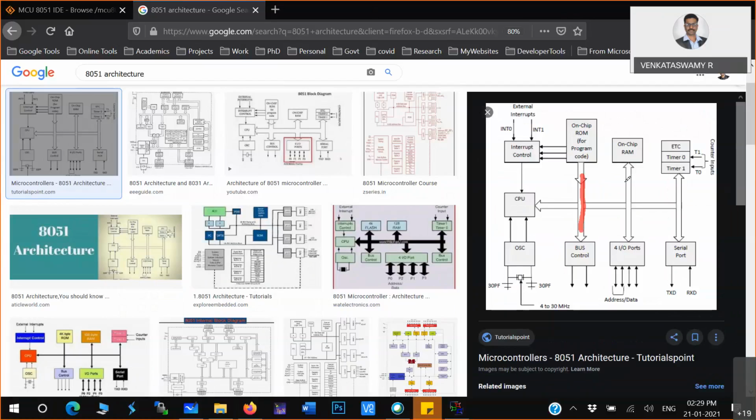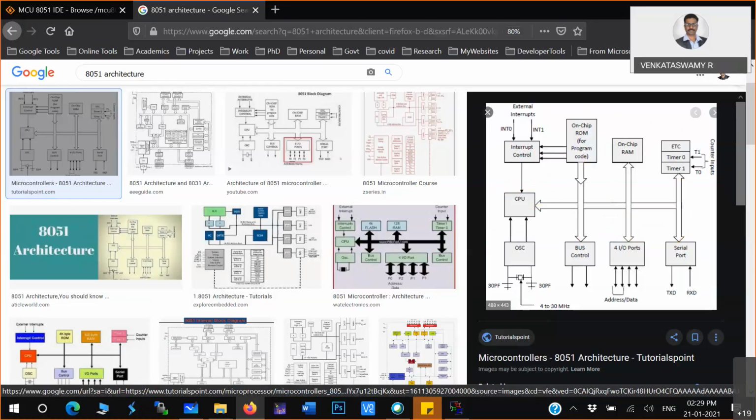This is basically the address and data lines. In this particular physical line, either address or data will come. Either a 16-bit address or 8-bit data will come on this bus. And this is basically the ALU, the CPU. All the things are interfaced and connected to it.